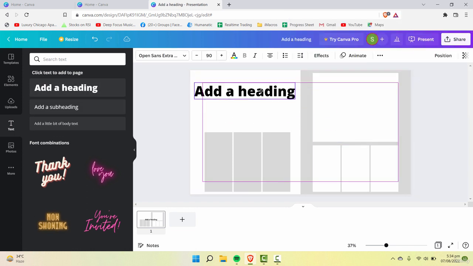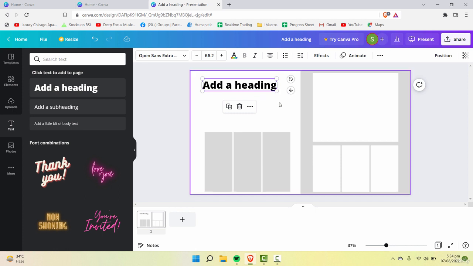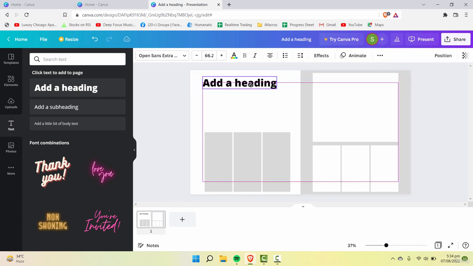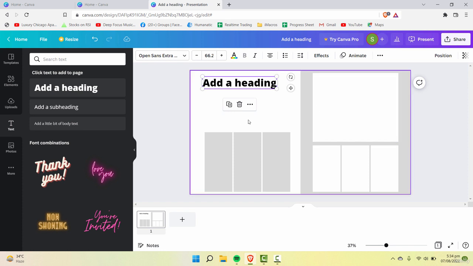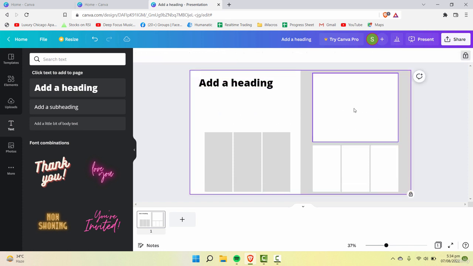So this one is our heading. You can place it anywhere you want. You need to reduce the size. You can easily do that by going into corners and adjust according to your requirements. And if you want to insert an image here, a small one even, you can use this as a shape,